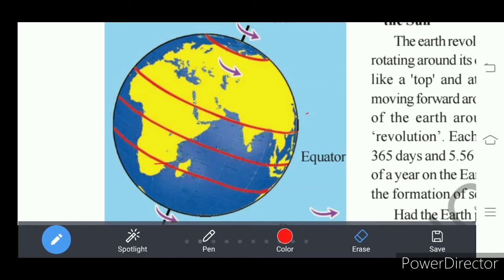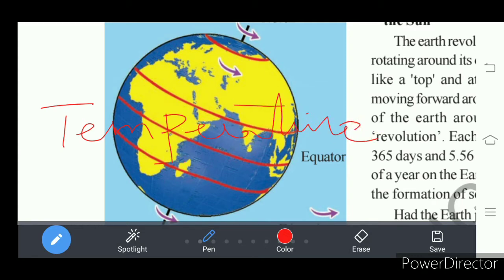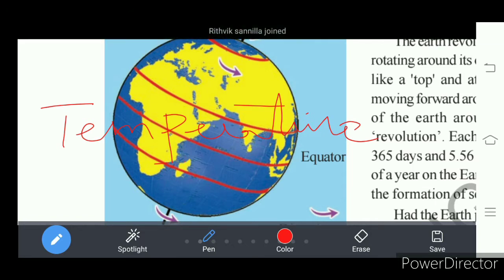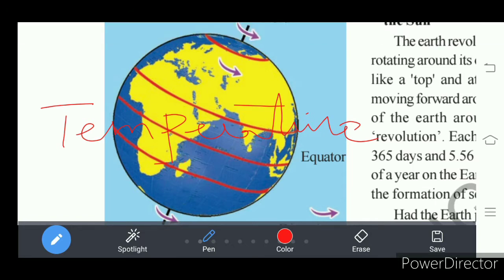One important diversity we are going to discuss today that we cannot see but we can feel. What is that diversity? That is temperature. Temperature is one diversity on the earth, and this is not